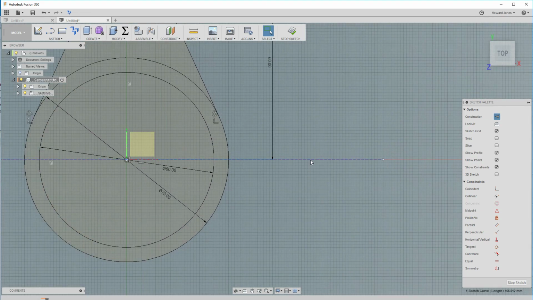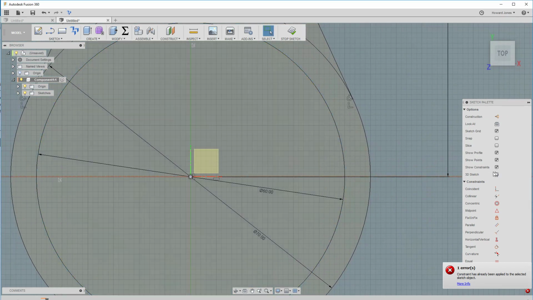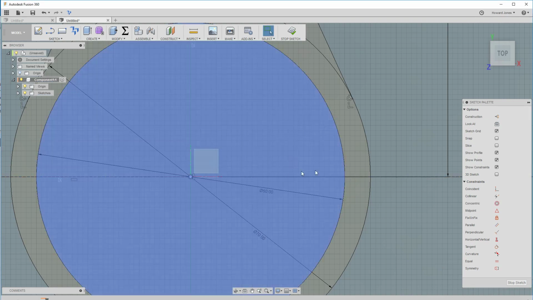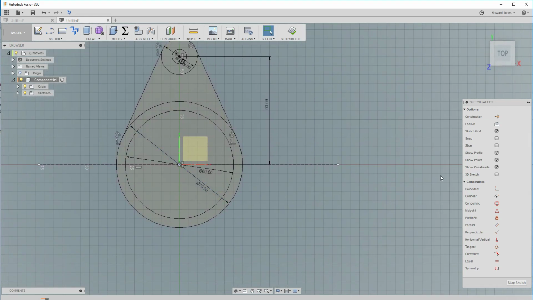If you highlight it, choose horizontal vertical to make sure it's actually horizontal and vertical, and then also it's not quite actually on the 0 there. If I choose coincident and then choose the center of the circle there, it'll snap down to actually be at the 0 point. So now we've got a nice line that goes straight through the middle, we can use mirror,